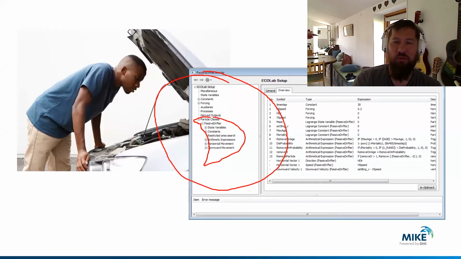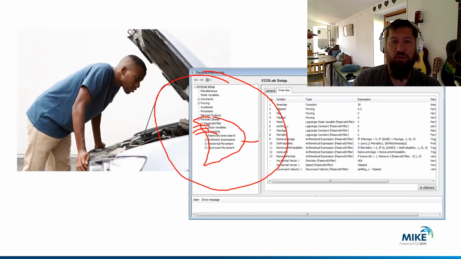This is an example of the passive drifters, so they don't have that many things in them, but they're composed of these state variables, which is where you code what state variables there should be in it, composed of some constants. These are all parameters that don't change in time and space. Then we have restricted search area functions, which are the functions where it searches for anything that's nearby.